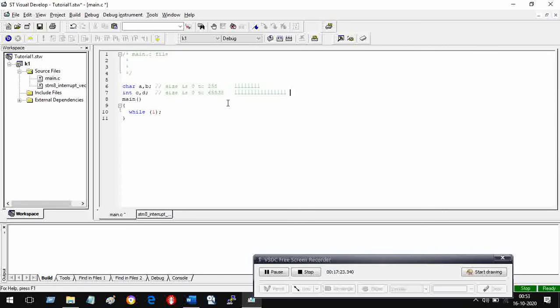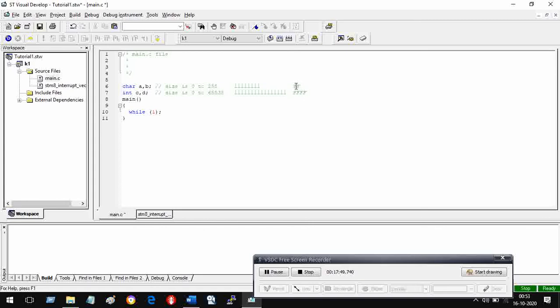You can write it in hex also. What is the value? It is FFFF in hex. And what is this? This is FF. So friends, this is how I represent 255 in binary and in hexadecimal.